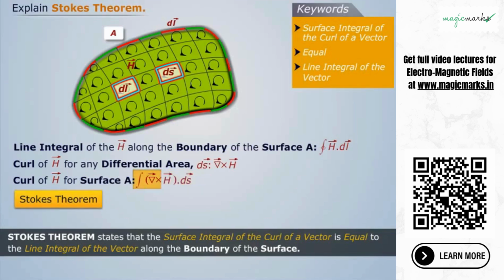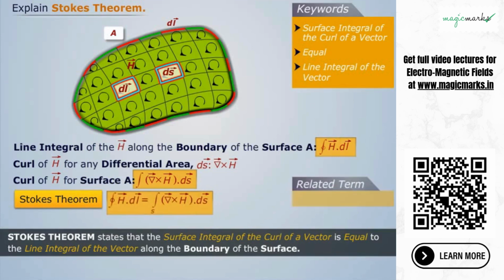by Stokes' theorem, this surface integral of the curl of the vector h and the line integral of the vector h along the boundary of the surface A will be equal to each other. The related term is